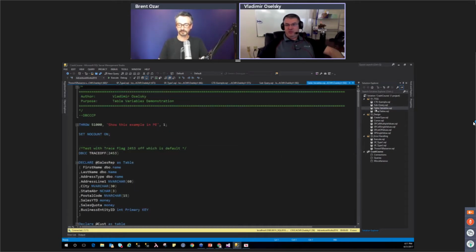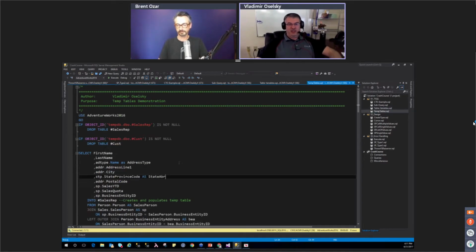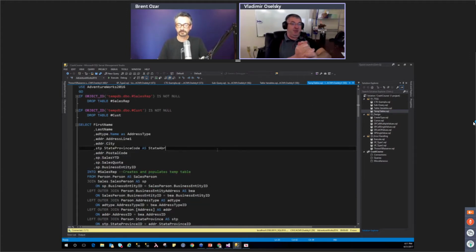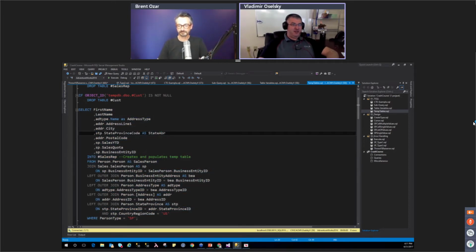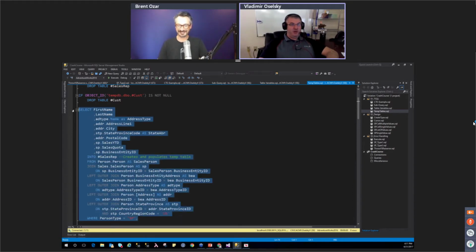So temp tables, we'll show that in Plan Explorer. Temp tables. I love temp tables because one of the easiest things I found is I'll just select whatever I want, and then I'll just throw in a temp table. Because once in a while, I'm just a lazy programmer who doesn't want to spend the time trying to figure out how to create the table, which columns it is going to have.